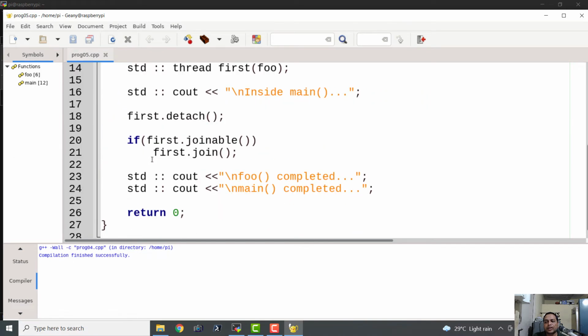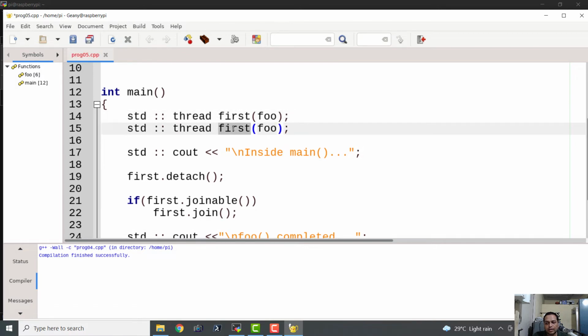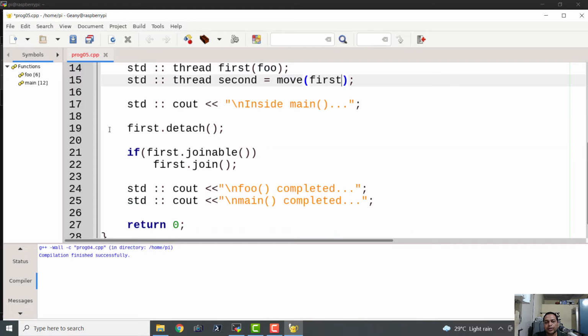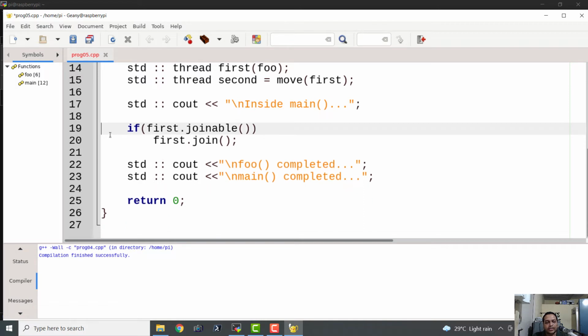And yeah, here we have the first thread, and we can create a copy of thread with this syntax: second equals std::move of first. And I will just delete the code where we are detaching it, and we will let it execute in the main thread itself.